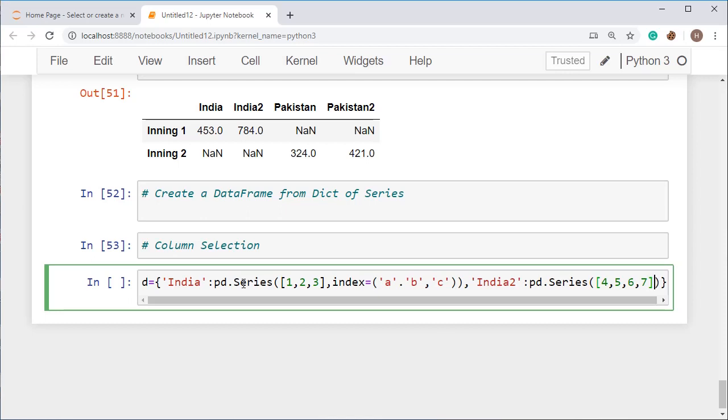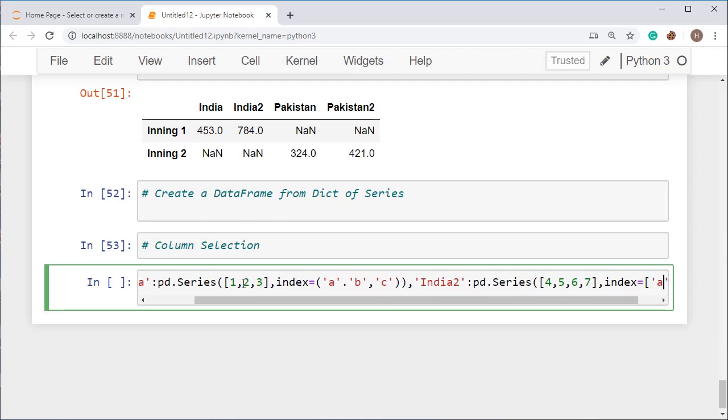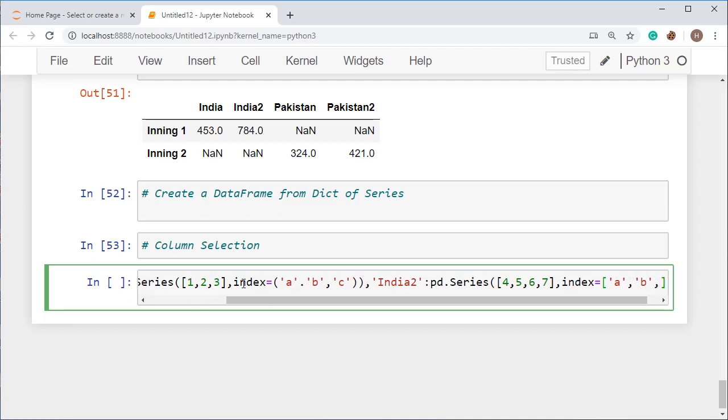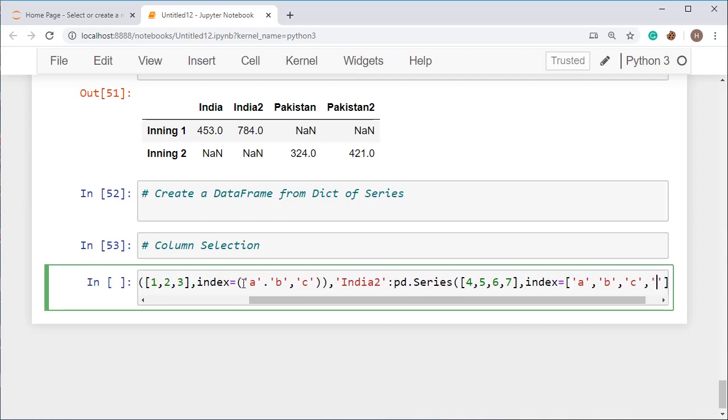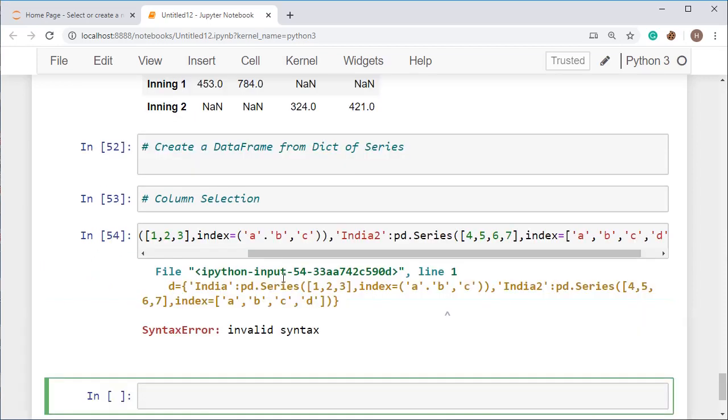Okay, and I am setting the index for this, like index is equal to ABCD. Okay, A, B, and then go for another value C, and again another value D. So I have created invalid syntax.